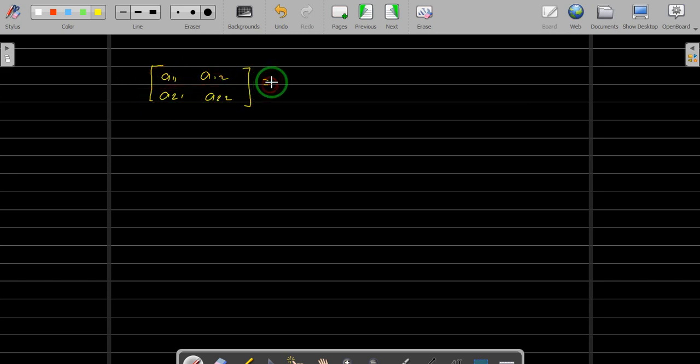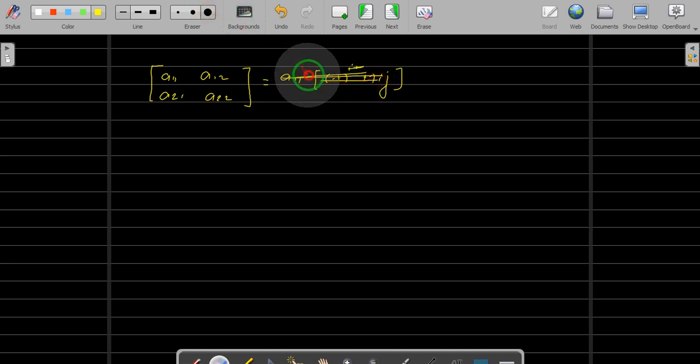So you take the first element A11 and then the minor, that is minus 1 raised to i plus j, for the first element it is 1, and then we take the minor Mij. Then we add them together.